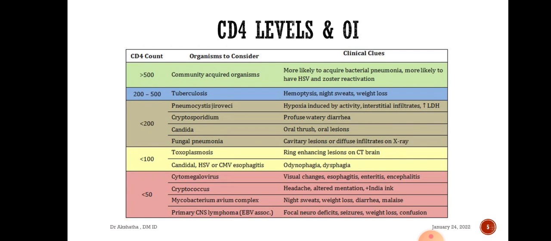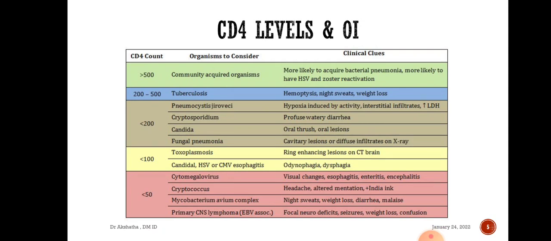And one more important thing for predicting the opportunistic infection is the CD4 level in the patient. So as soon as a patient is diagnosed to have PLHA, you need to screen a few things. First and foremost, apart from the HIV testing, your CD4 count and your HIV viral count. Why? Because based on the CD4 level, you will be screening for the opportunistic infections as well as giving the